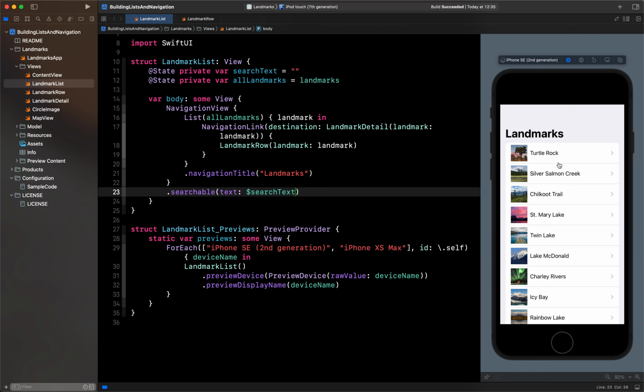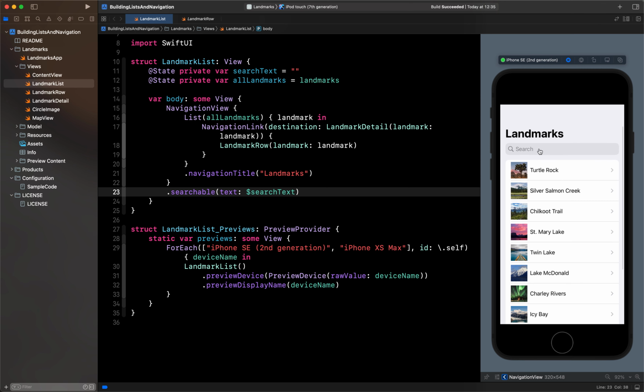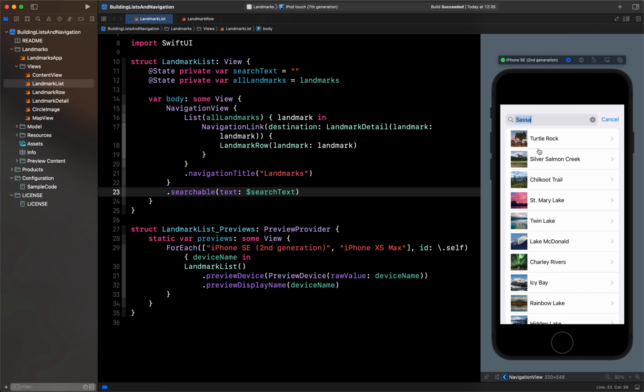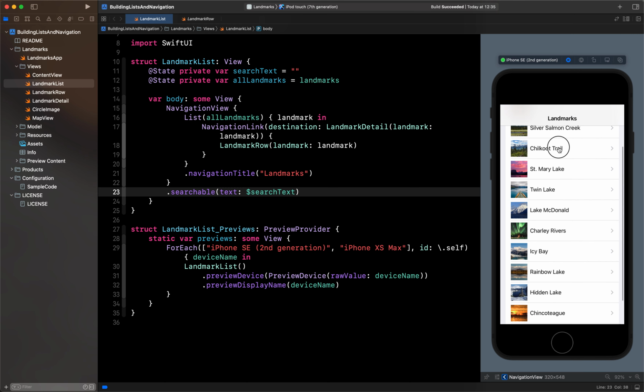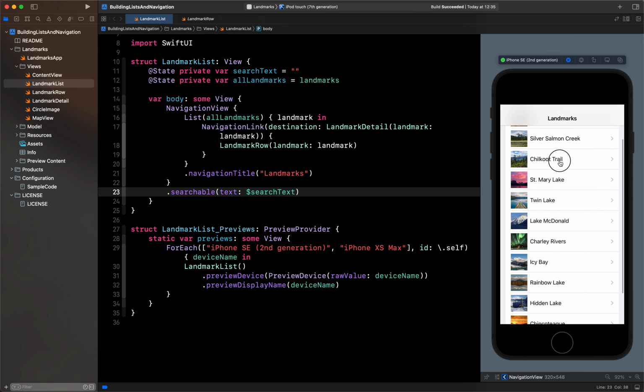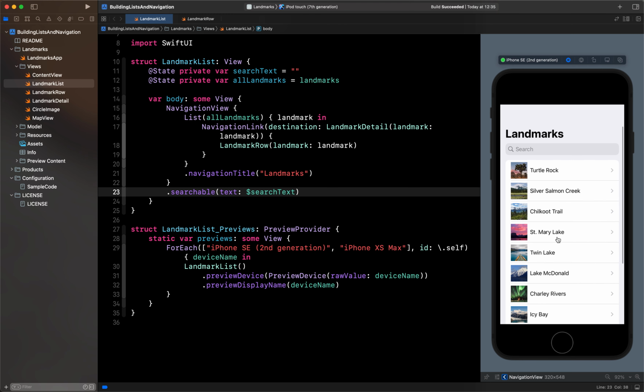So let's resume it and see if it is showing or not. Now if I scroll you can see we are able to see the search field, but if I type anything it will not do anything because we have not written the logic yet. There is one more thing. Suppose I'm scrolling up, it gets hidden. This is the default feature, but if you want the search field to be always visible, then what you can do is say placement, and here you can directly say .automatic, which will show it and hide it, which is the default one.